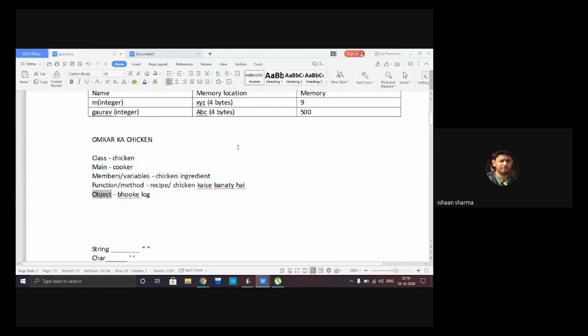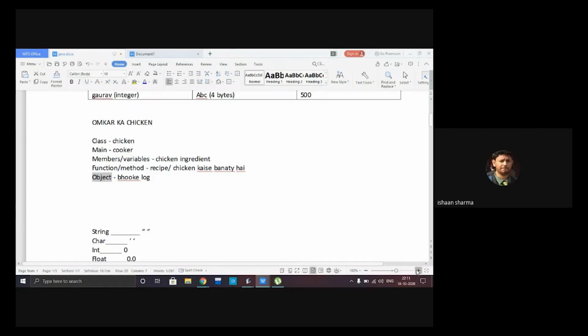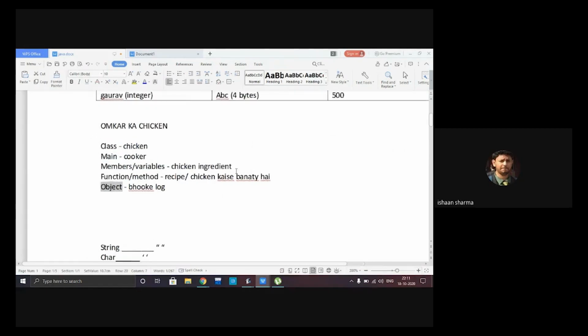To understand the most basic level of everything, you can understand it like this. Suppose I have a friend named Omkar, and he loves chicken.